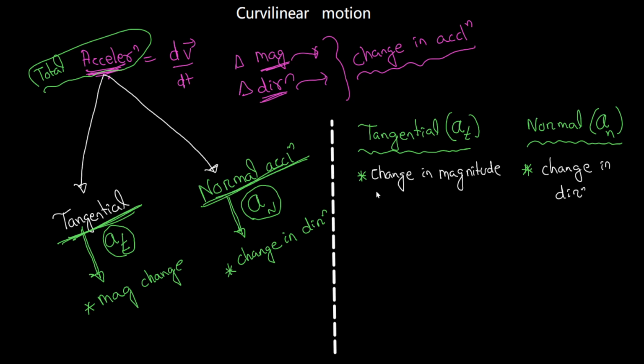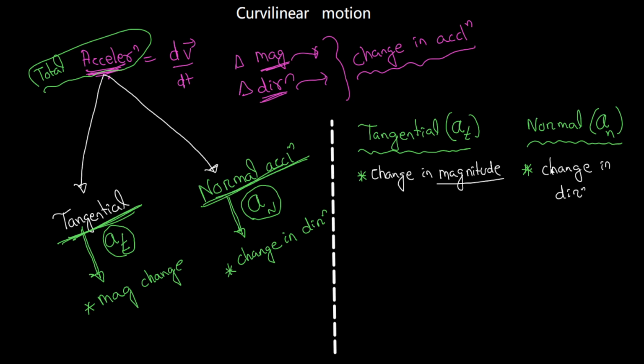Direction of what? I'm talking about changes in velocity, because the acceleration is nothing but the rate of change of velocity. So if there is a change of magnitude of the velocity, we will say there is a tangential acceleration. If there is a change in direction of the velocity vector, we will say there is